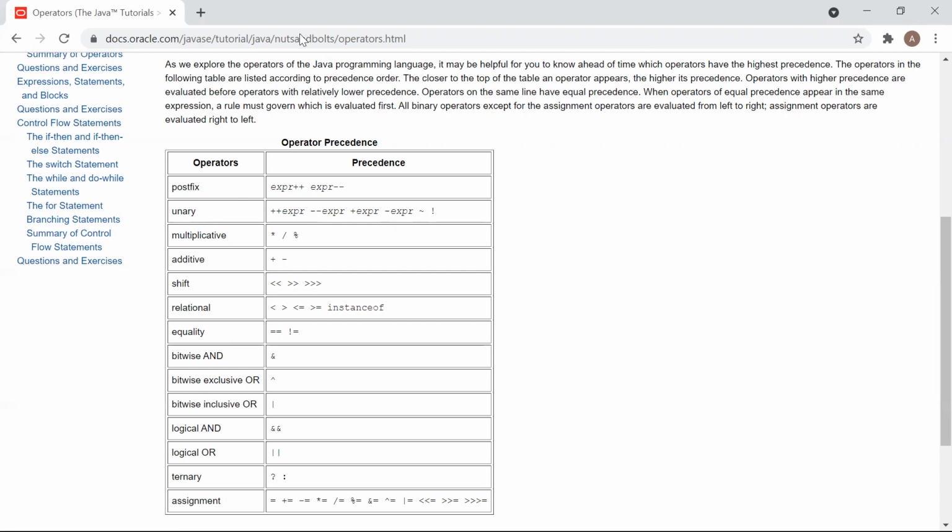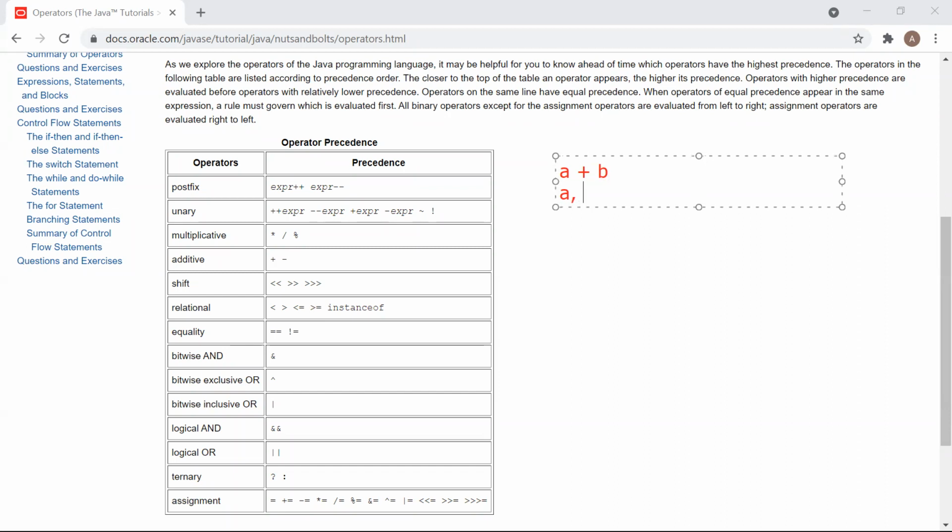What does it mean? For example, if I say this one, a plus b. So how many variables do you have? Two, right? So it is a binary operation because here you have two variables, two operands on which you are working. This is called an operator. Plus is your operator, and the variables on which you are working are called operands.